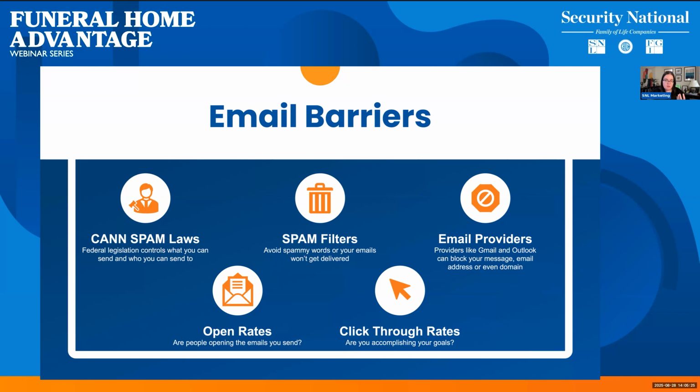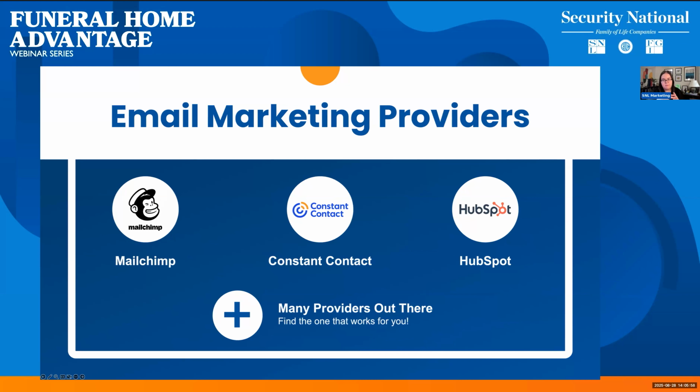Once you do land in their email inboxes, you want to make sure of a couple things. The first is that your open rate is good. So that is that people are actually clicking on your email, reading it, that sort of thing. And then you also want to track things like your click-through rate. So if open rate is just they open your email, click-through rate is getting them to accomplish some sort of action in response to that. So, are they clicking on the link to your website? Are they calling you to set up an appointment? That sort of thing. So, you want to watch those to make sure your email is accomplishing its goals.